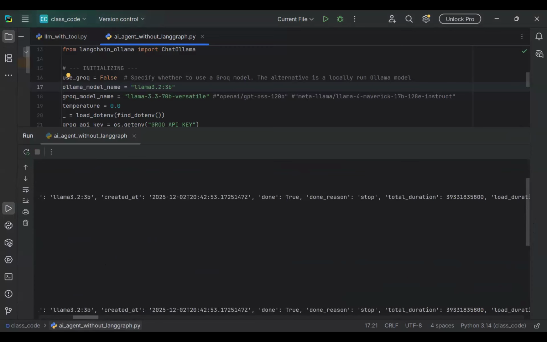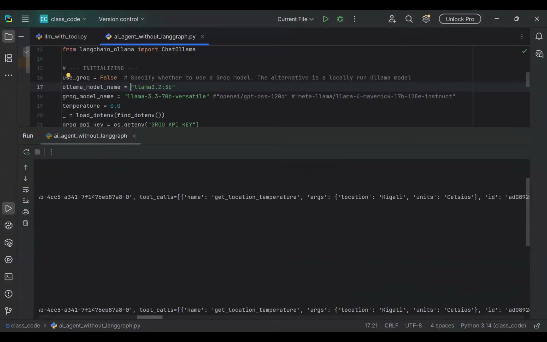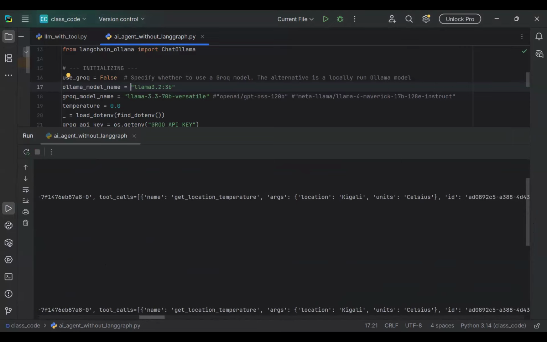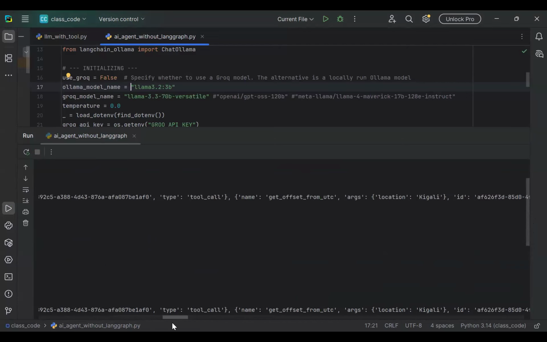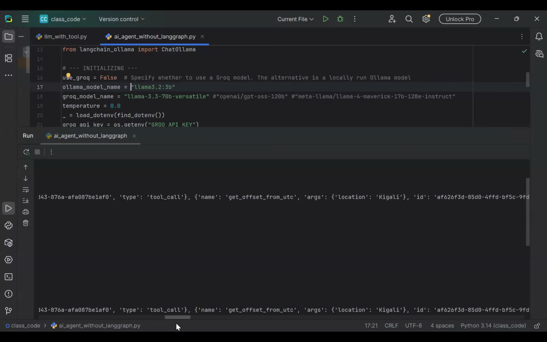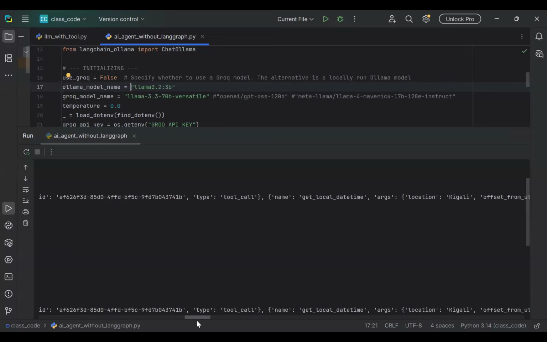Let's check the two calls. You can see what it actually did. Yeah, two calls. Get local temperature, we used Kigali, and provided units as Celsius, which is the default value. That's fine. Get offset from UTC, we called that correctly using location as Kigali. But get local date time